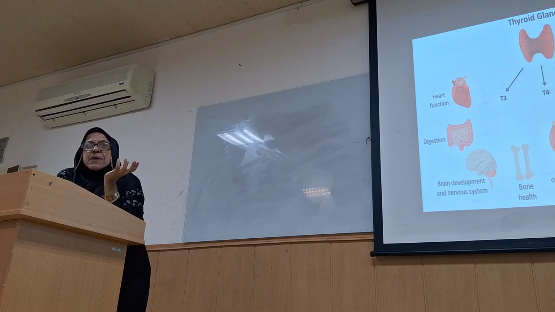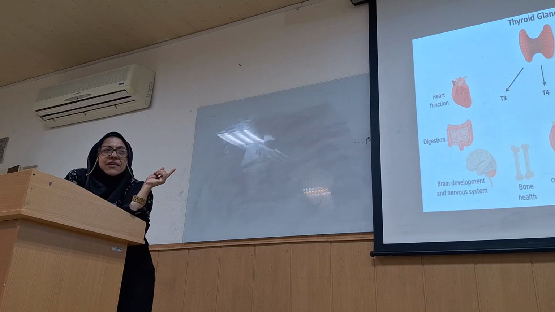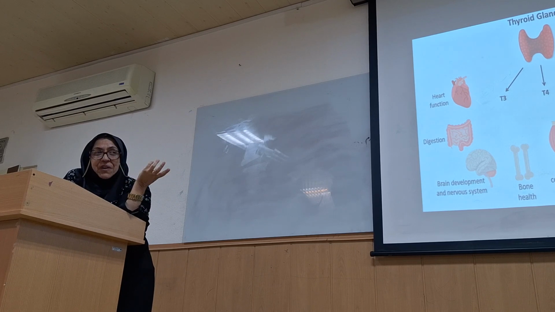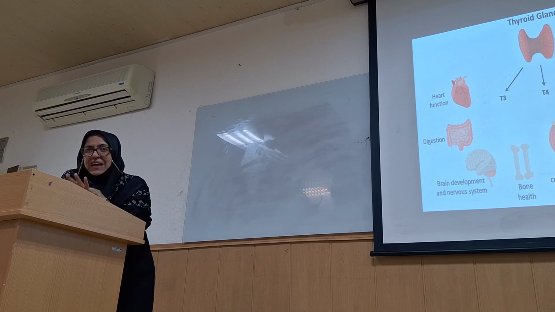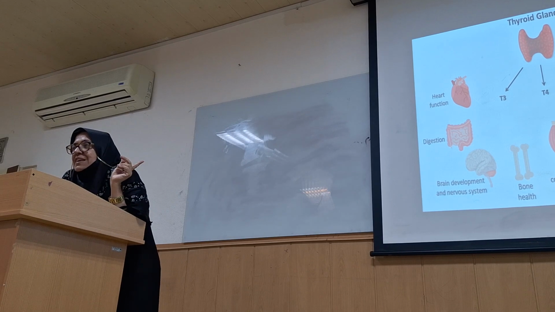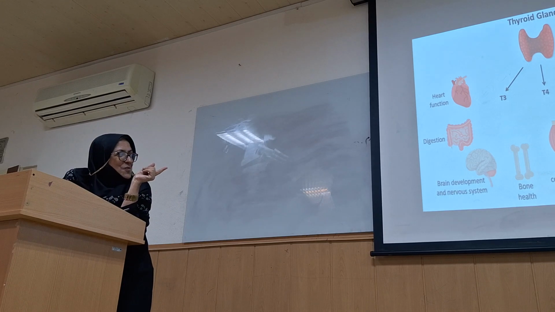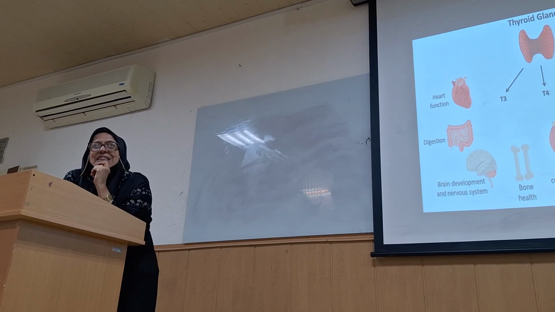In this baby, the nervous system cannot develop when thyroid hormone in the mother is at a low level; it damages the nervous system in the baby. Okay, this baby develops